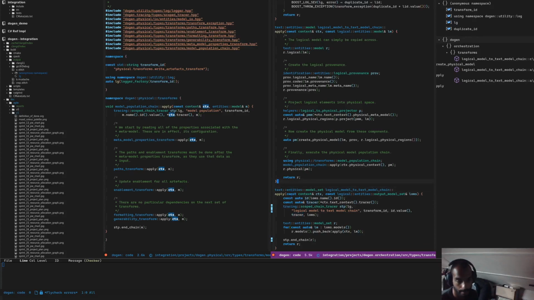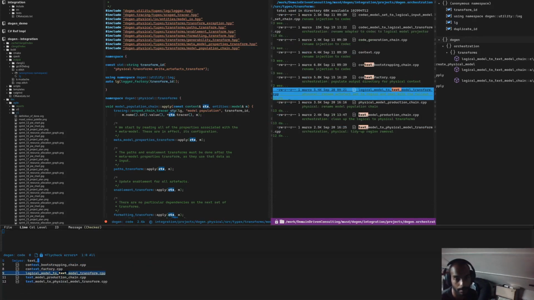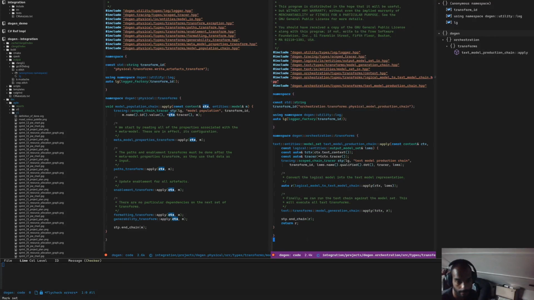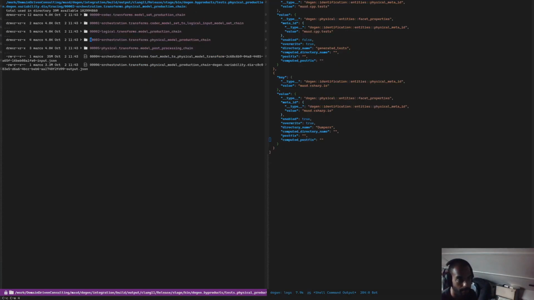That being the case, let's look at the text model production chain and see what that's got to say for itself. Well, text model production chain seems to be tracing correctly. Again, no copying. The trace is being supplied again correctly. But when we look at it,